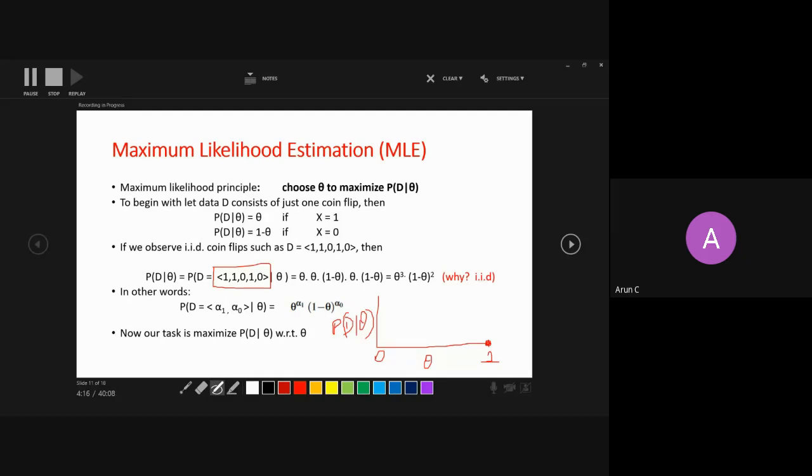What if the probability of seeing tail is 1? What is the probability of the data set then? Very nice, very good. 0 again, right? And then you keep on varying. If you vary from 0 to 1, somewhere around 50-50 or 30-40, it peaks this way, and then it dips again. So for different values of theta you calculate and plot, and you will get the same figure which I showed you yesterday in the lab experiment.